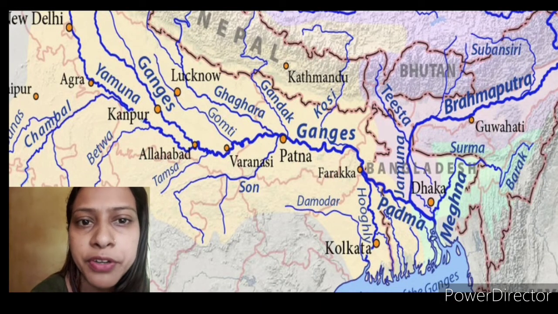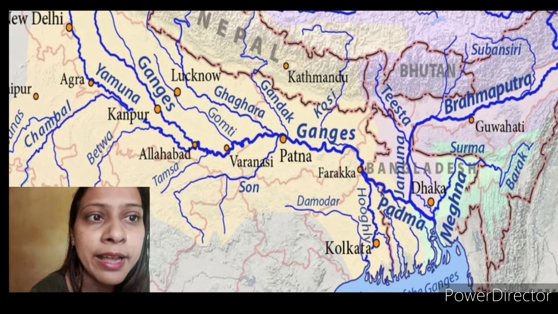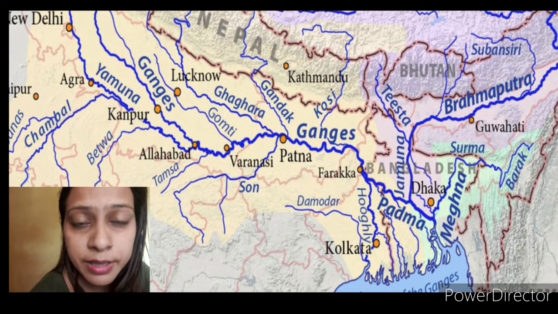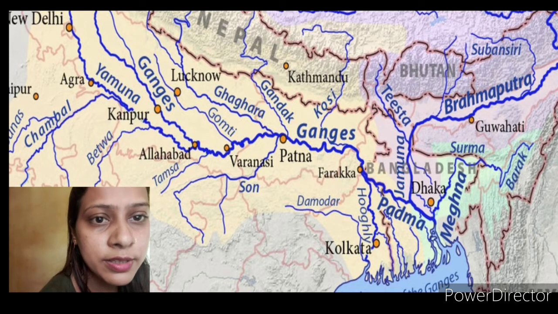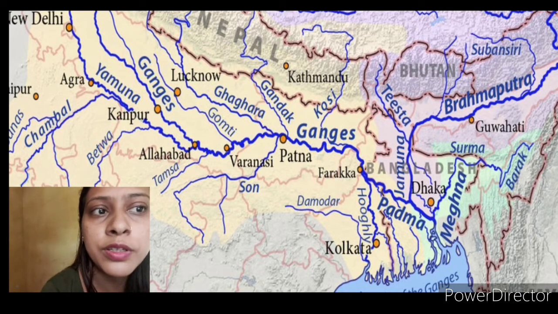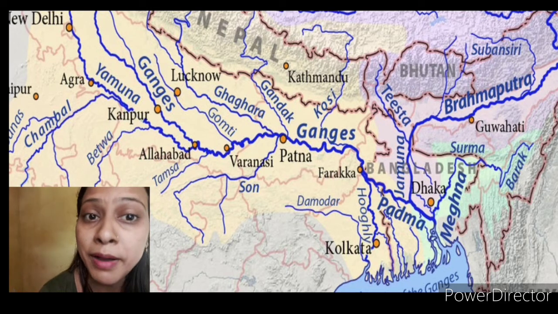Here is Farakka point; you have seen it, I guess. From Farakka, this is the northernmost point of the Ganga delta. From Farakka, the river Ganga is subdivided or distributed into two. One goes south, that is Hooghly Bhagirathi, and another goes towards Bangladesh, and that one is known as Padma. So once the river Ganga enters Bangladesh, it is known as Padma river.